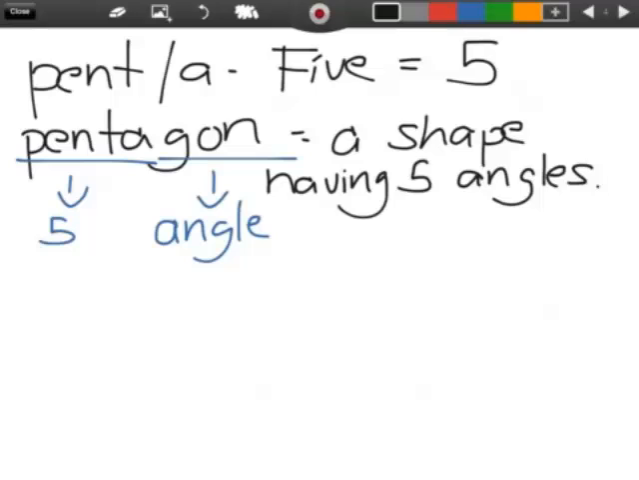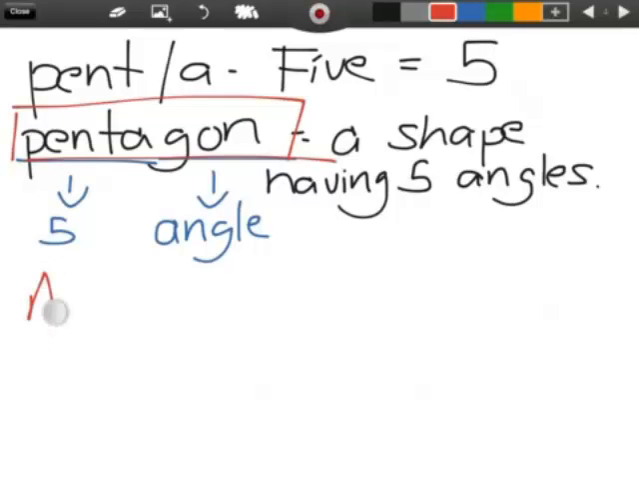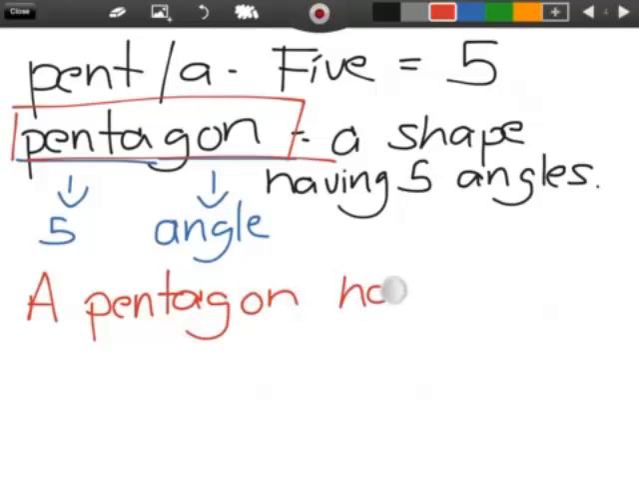I'm going to use pentagon in a sentence. I'm going to read that to you. A pentagon has 5 angles. Moving on to our next root